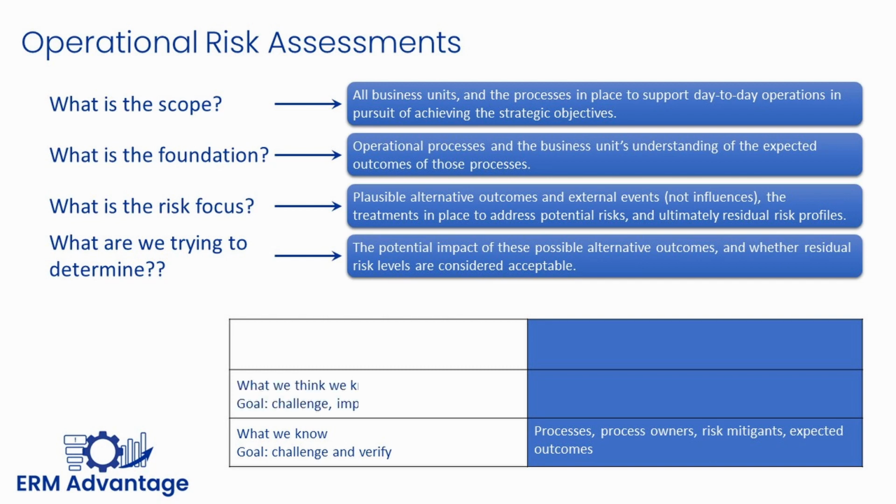What is it we think we know? Well, we think we know possible outcomes, or all possible outcomes. We think we know the impacts of some of those plausible alternative outcomes. We think we know the mitigants that we have in place for some of those alternate outcomes. We think we know what our residual risk looks like, and the related underlying assumptions. So for this step, really what's our goal? Our goal is to challenge, improve wherever possible, and expand our knowledge, build on as much as possible our understanding